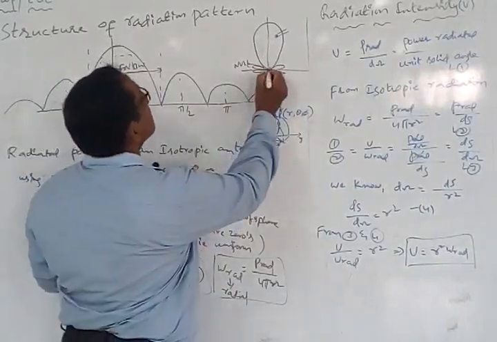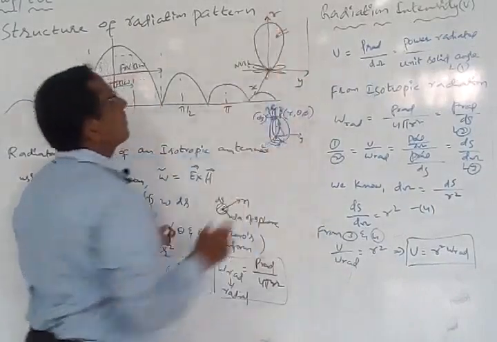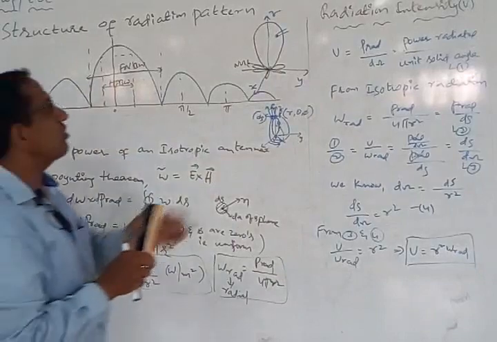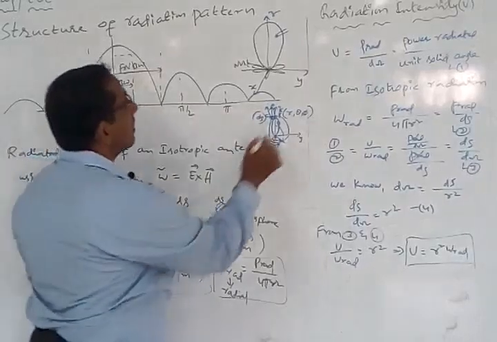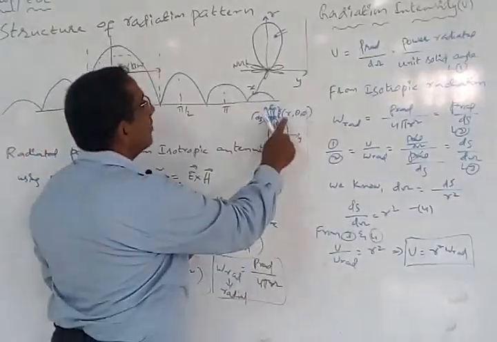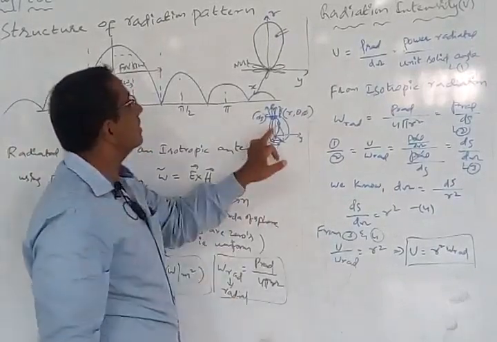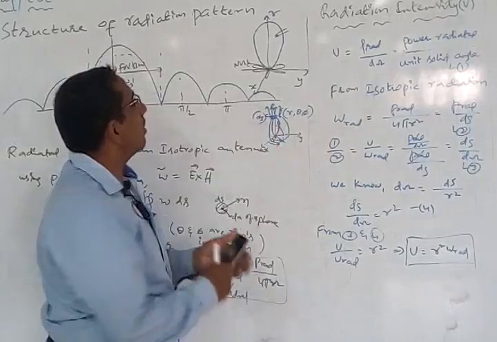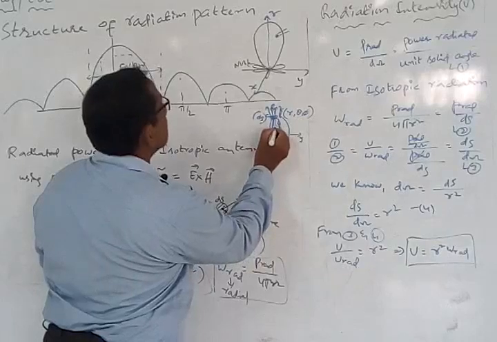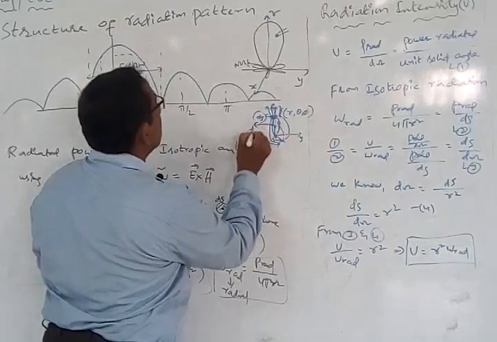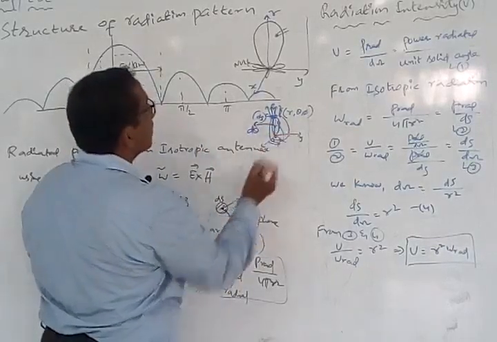Spherical means what? I can simply think of it like this. So I may assume this as x quadrant, this as y quadrant, this as z quadrant. Now this is a spherical coordinate system. In this coordinate system, the radiation is going to get assumed. Okay. Now we will be having three parameters in the spherical coordinate system: the radial component, theta and phi. What is actually theta? Theta is the angle made with respect to y, to the point of discussion. Say for example, if this is the point under discussion we are talking about, now this small angle, whatever we write it here, it is called theta or d theta, right? Similarly, the angle made with respect to this is nothing but equal to phi.